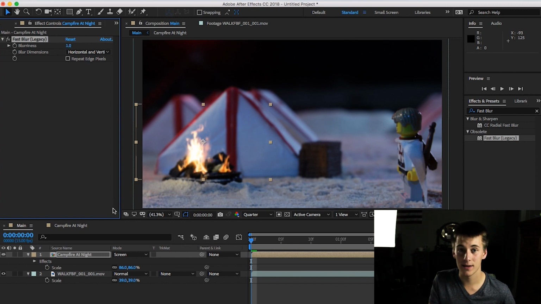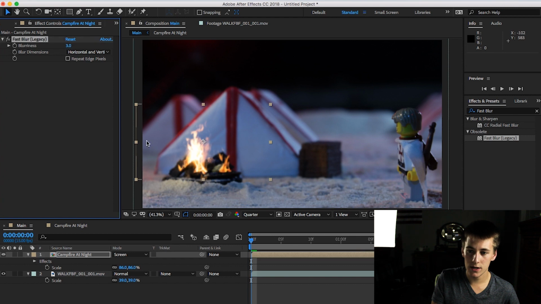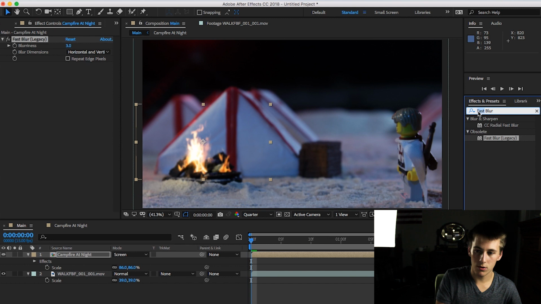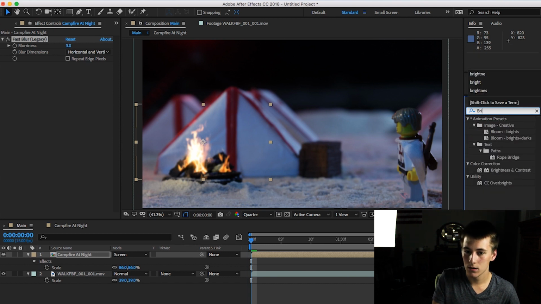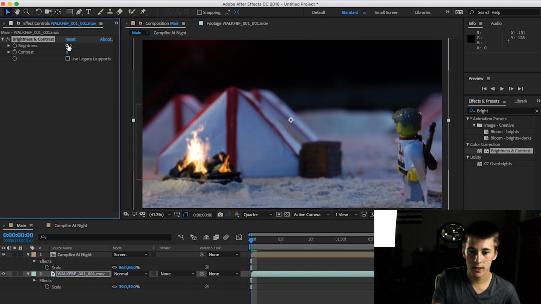There's really a lot of different things that you can do to make the fire fit in with how you shot the lighting of the scene, so that once you add the fire, it looks like it is actually affecting the scene in post. A way you can do that is to change the lighting of the main scene. I'm going to look for a brightness effect, which is in color correction, for the main video. I'm going to bring down the brightness, and then I'm going to duplicate,